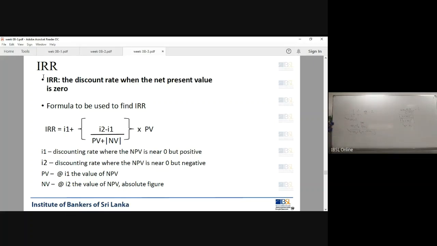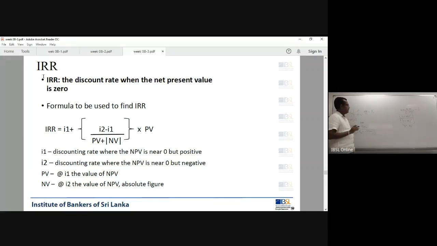Right? It's the other way around as well. You put I at 20, you get a negative 7,000. You put 30, you will get a negative 8,000. That means NPV is going this way. You have to bring it to the other side. Then you give the other side of rates. Right? Then you will get a positive. So upside down. So the equation would be